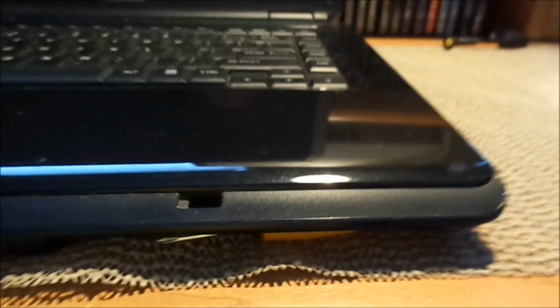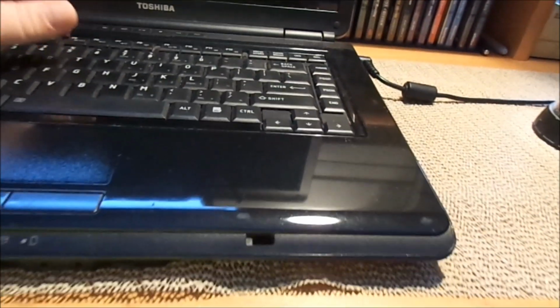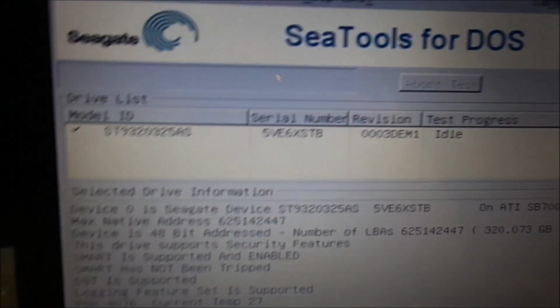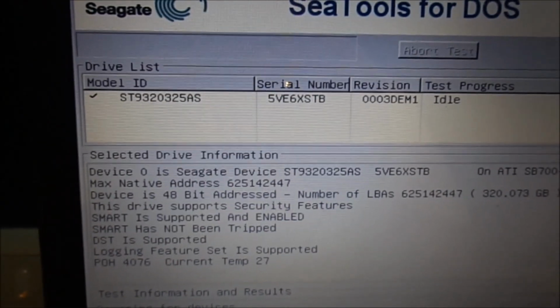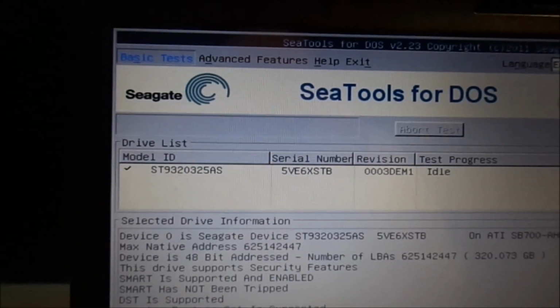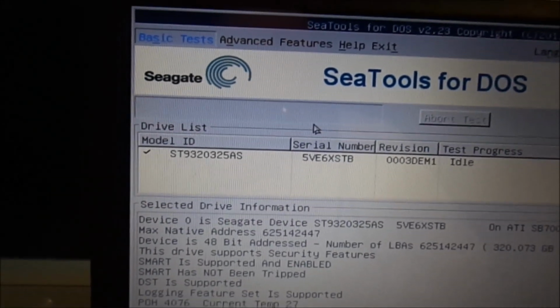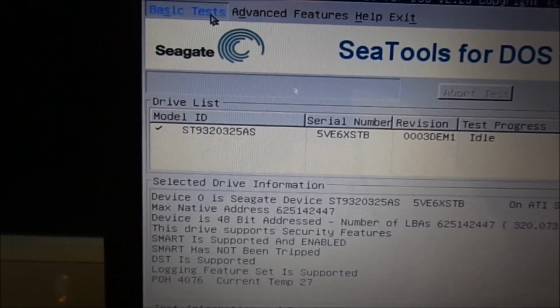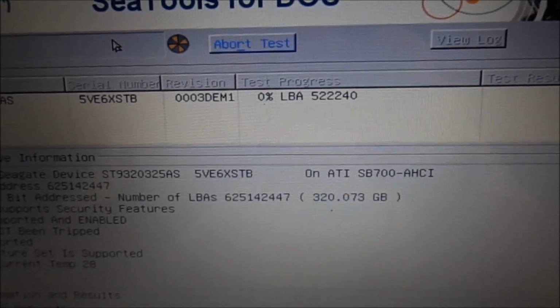Alright, I put the 320 in there and I'm using the screwdriver to hold it in place. Go ahead and plug the power back in here. And let's see what happens with this drive. Alright, so I loaded into C-Tools and you can see it found that Seagate drive. And it said the SMART has not been tripped. Now, I remember testing this drive once before and I had a few issues with it, but I think that may have been the motherboard on my other laptop, so we're going to give this another try. Hit the long test,